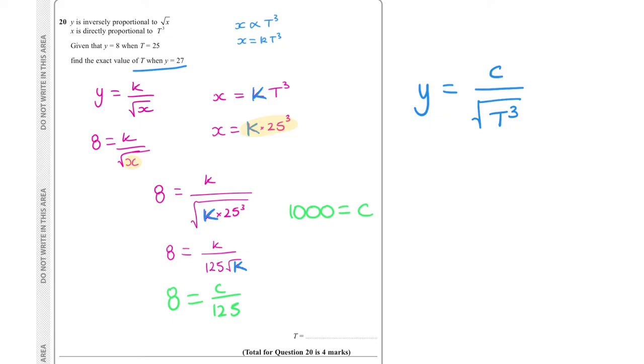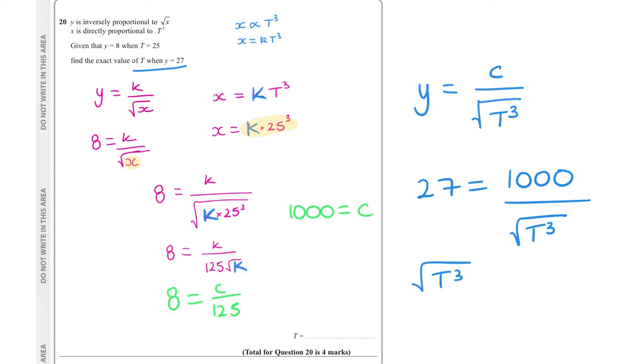Okay, because we already said that our constant was the k over root k, right? So 27 equals 1,000 over the square root of t cubed. So I'm going to get the square root of t cubed equals 1,000 over